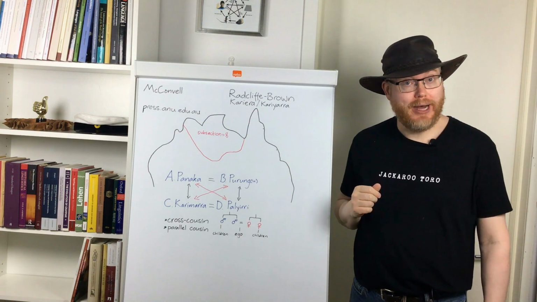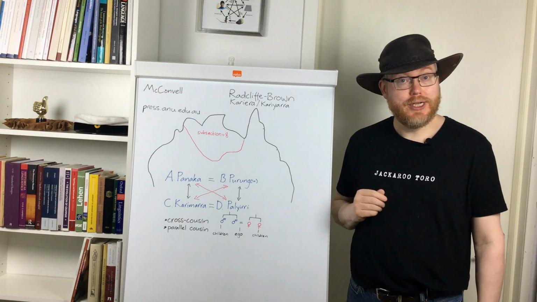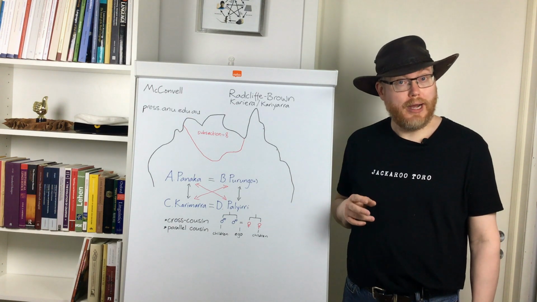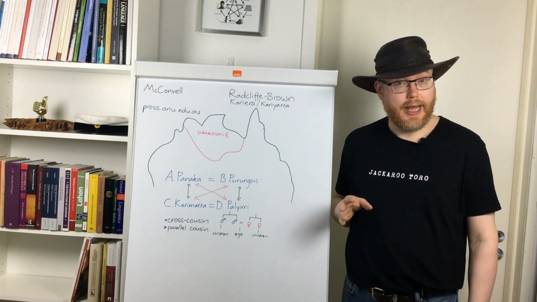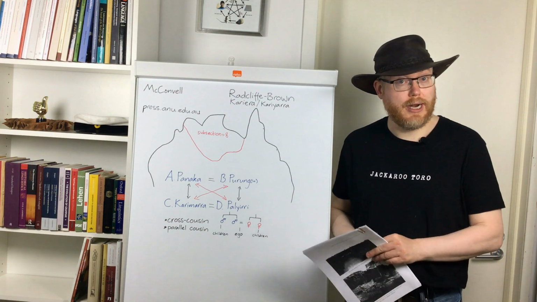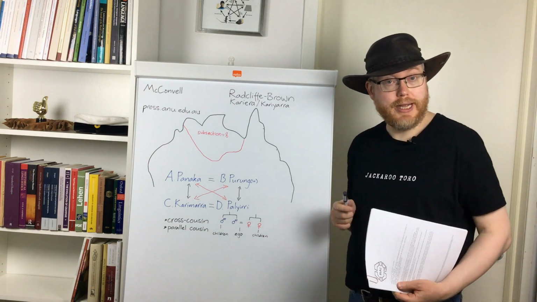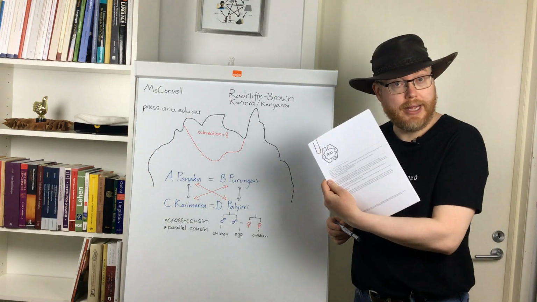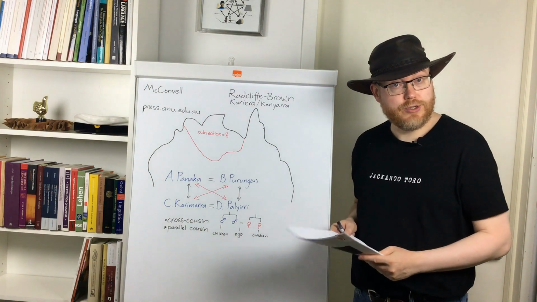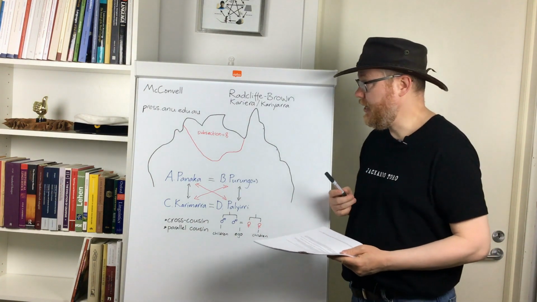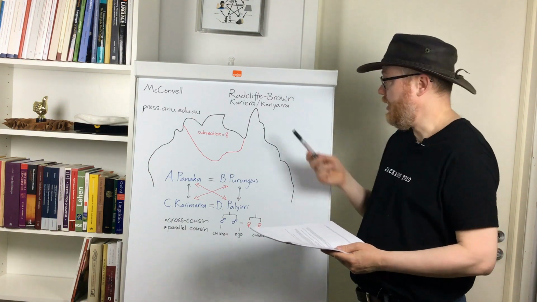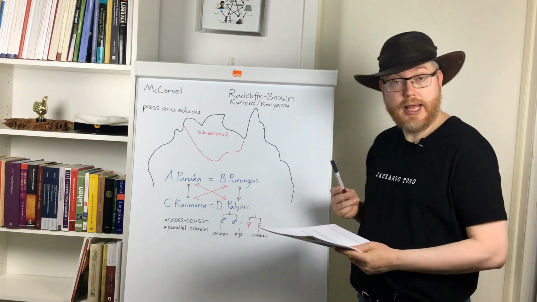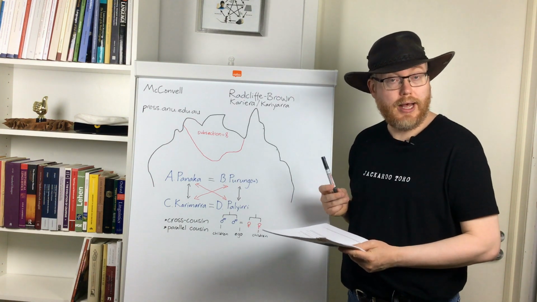And on this channel I talk about Australian Aborigines, their languages, cultures, history, and so on. And in this video about Australian Aboriginal kinship, I'd like to introduce the so-called prototypical Kariera system of social organization, as Alfred Radcliffe Brown called it in this article from 1913, Three Tribes of Western Australia, where he introduces the Kariera tribe, or